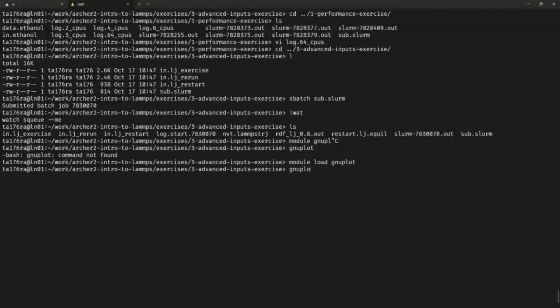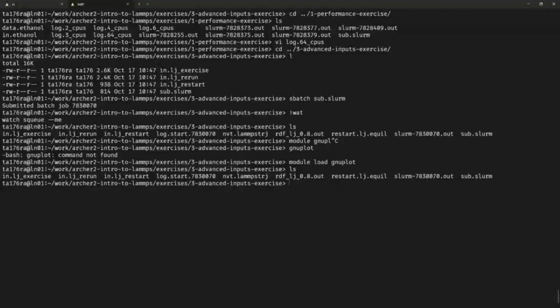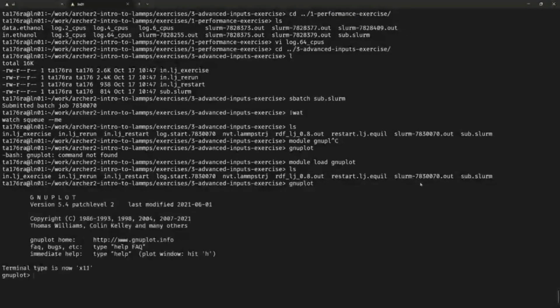With the module, we have GNU plot available on ARCHER2, so we can quickly plot some functions from this data. The RDF was written to this file. So if we open GNU plot and tell it to plot